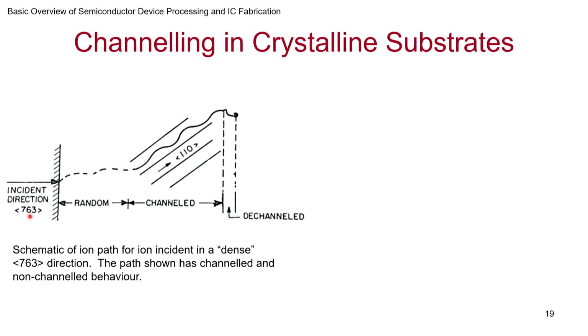In some directions, it will look completely amorphous, and that's what they are doing. They are implanting in a 763 direction, and what you find is it's behaving like a random thing. But some of the atoms, some of the ions that have come in, of course once they come in they get neutralized, but they are still moving through the material. They are able to find a channel in the 110 direction, and you can see it is just going through. So once it is in a channel, it is not interacting with anything, so it has a smooth passage.